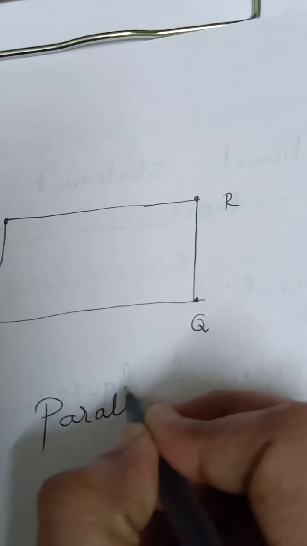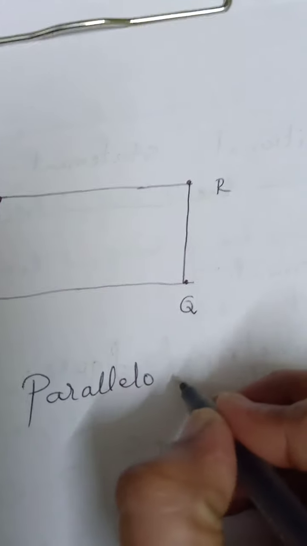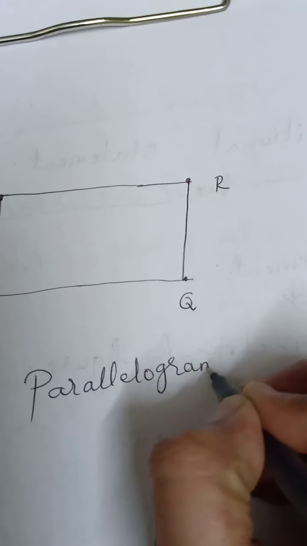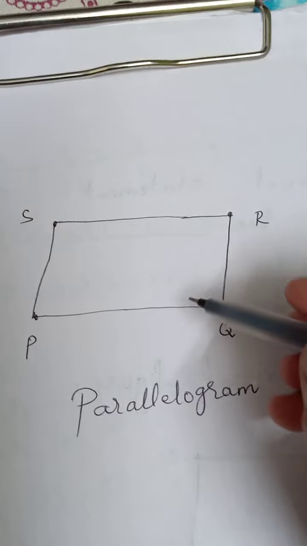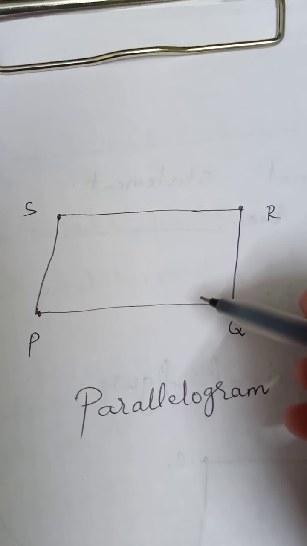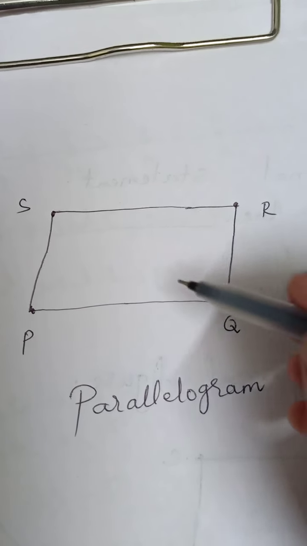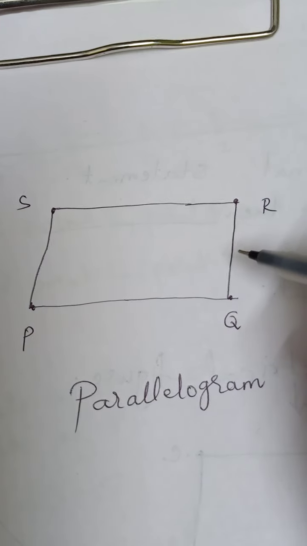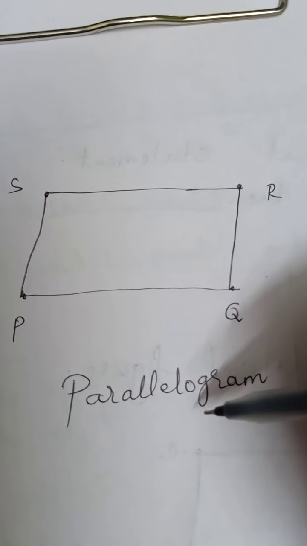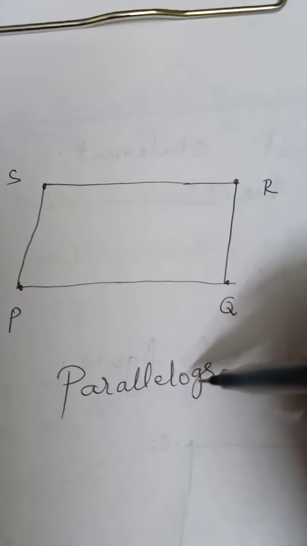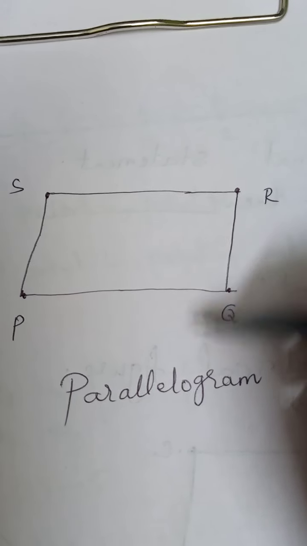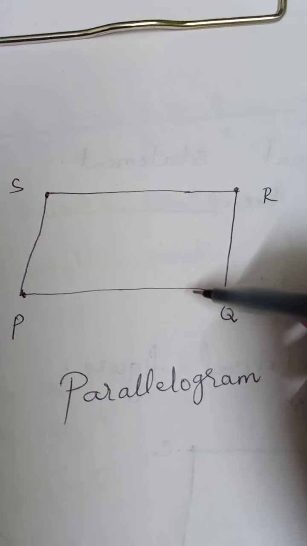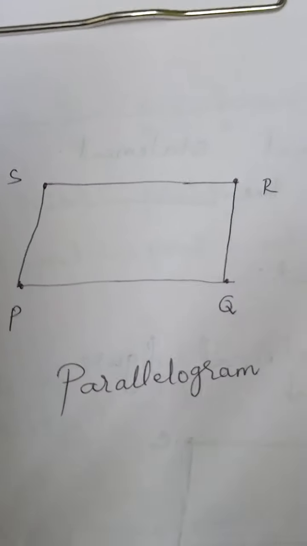a parallelogram. Now you will see all the properties of parallelogram in chapter number 5. One of the chapters is based on this parallelogram. So till now you only have to remember the name of this quadrilateral, that is, if the opposite sides of a quadrilateral are parallel to each other, it is called a parallelogram. So parallelogram is also a type of quadrilateral. So if the statement is related to a parallelogram, we have to use the word quadrilateral only.